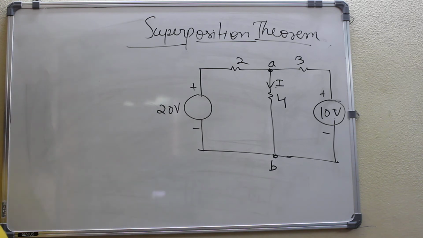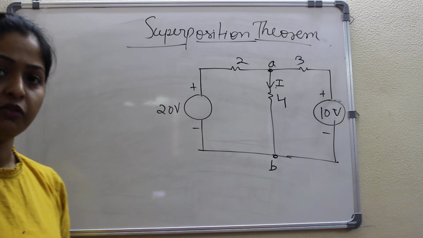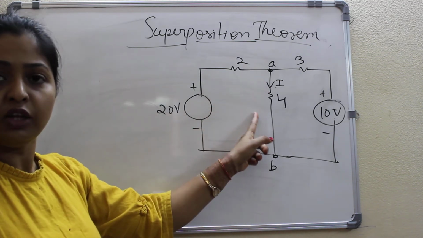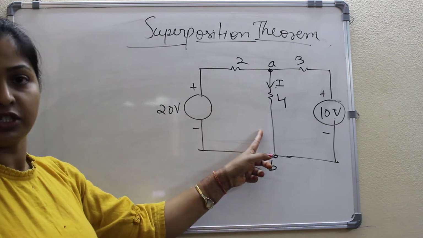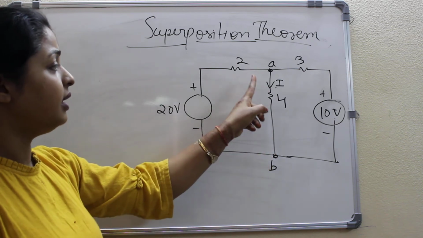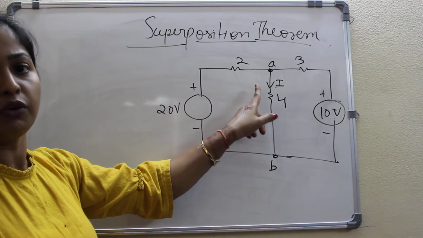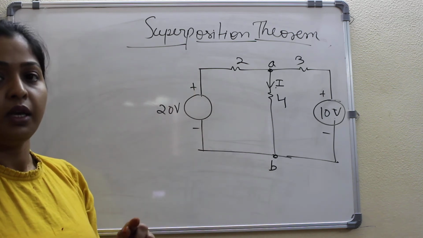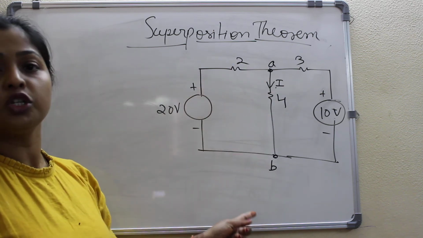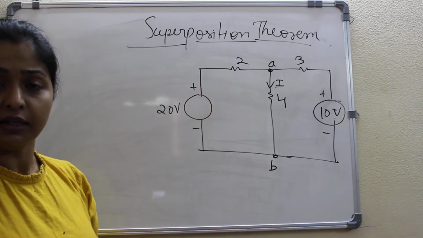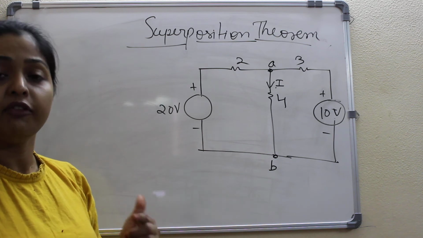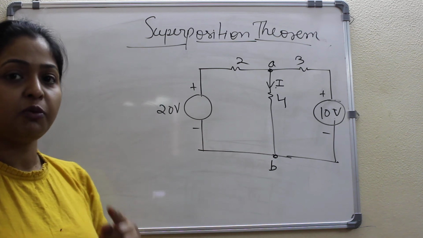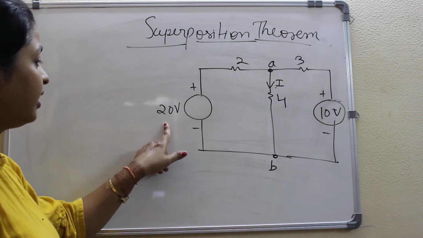So start with the statement of the superposition theorem. In any linear 2-terminal bilateral network, the current or terminal voltage across any of the terminals, through any of the branch, will be the algebraic summation of the current or voltages when each source works individually at a time. And at that time, all other energy sources must be replaced by their internal resistance if they are practical.